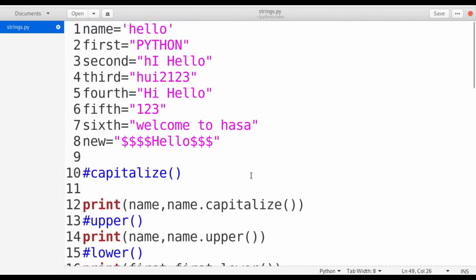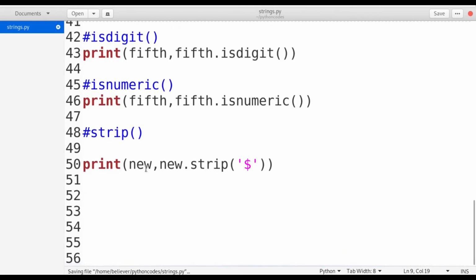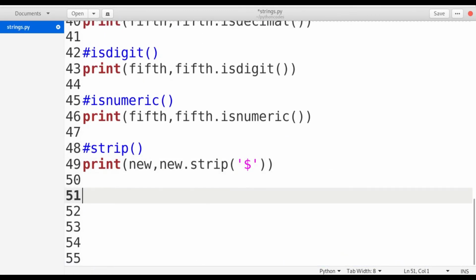We have another one also: lstrip and rstrip. I'm using a new one here, with hash, hello, dollar, to demonstrate lstrip and rstrip.